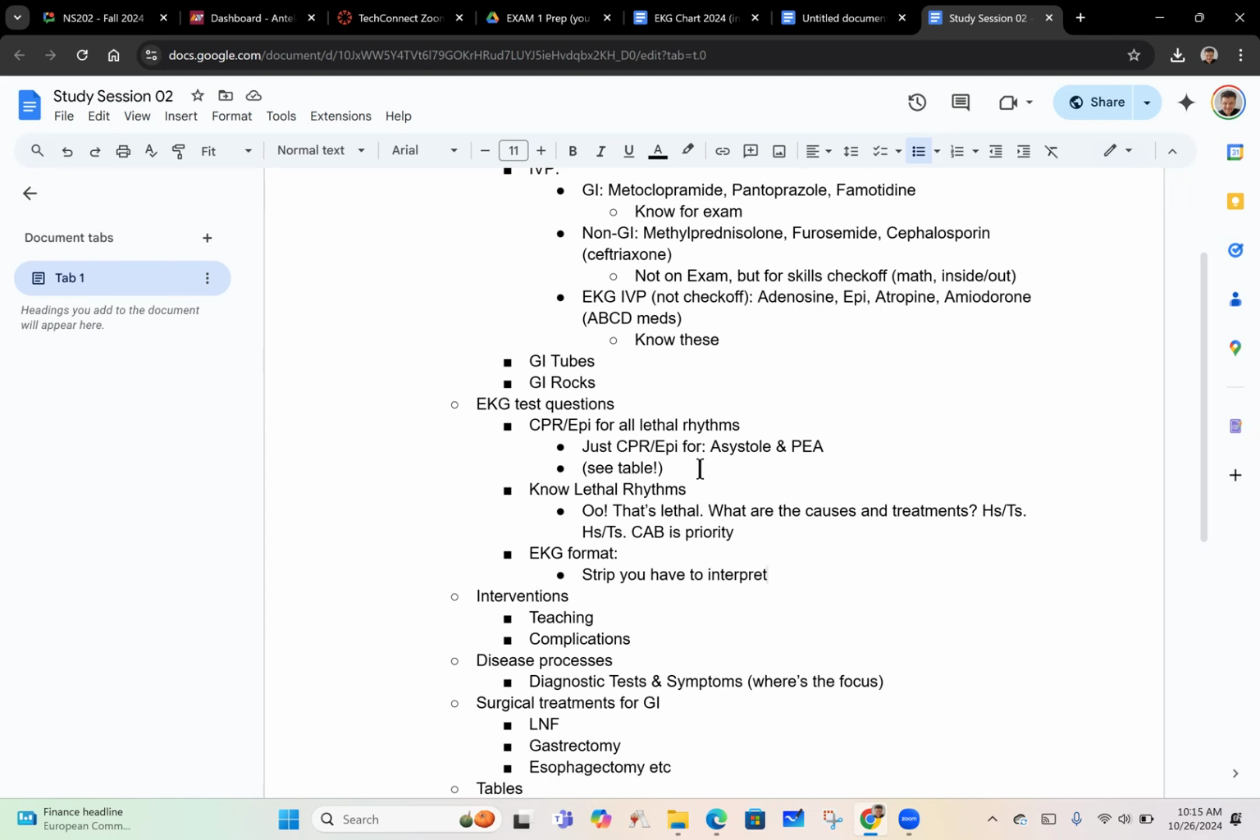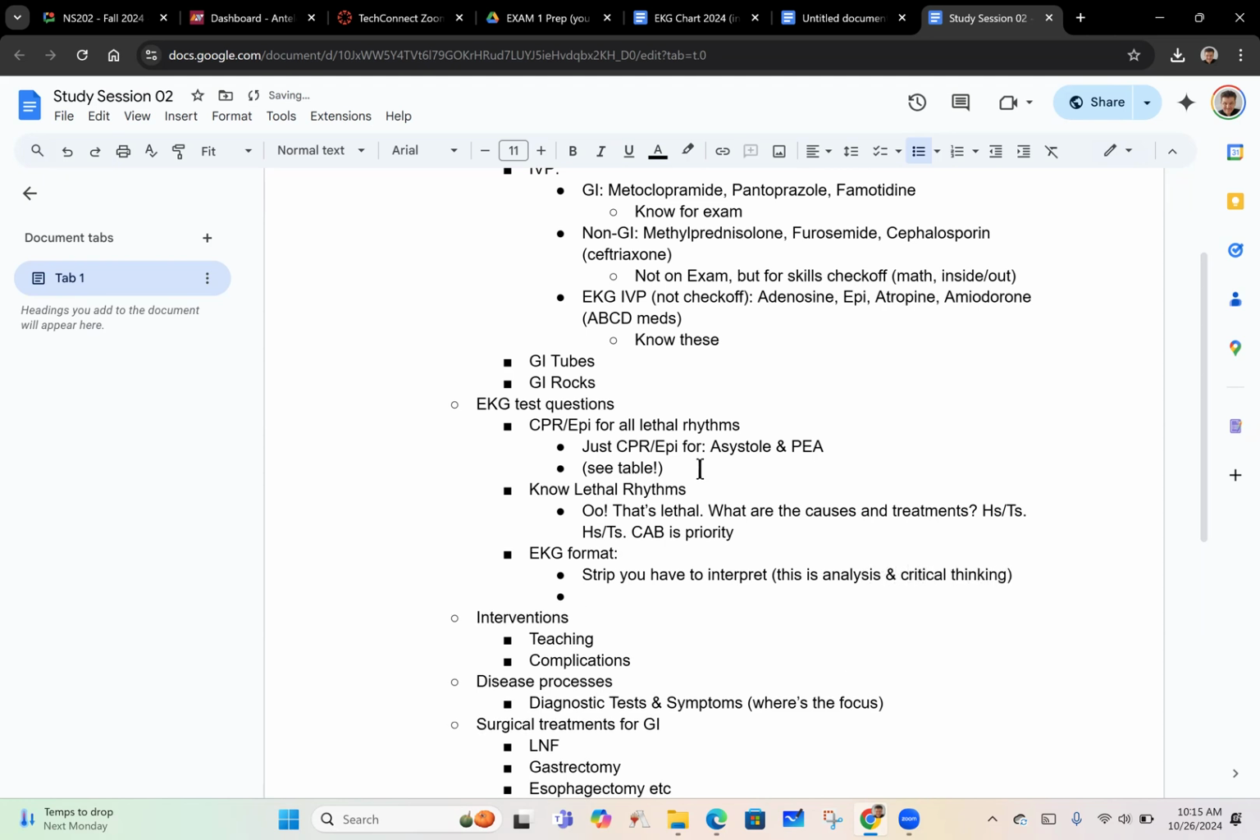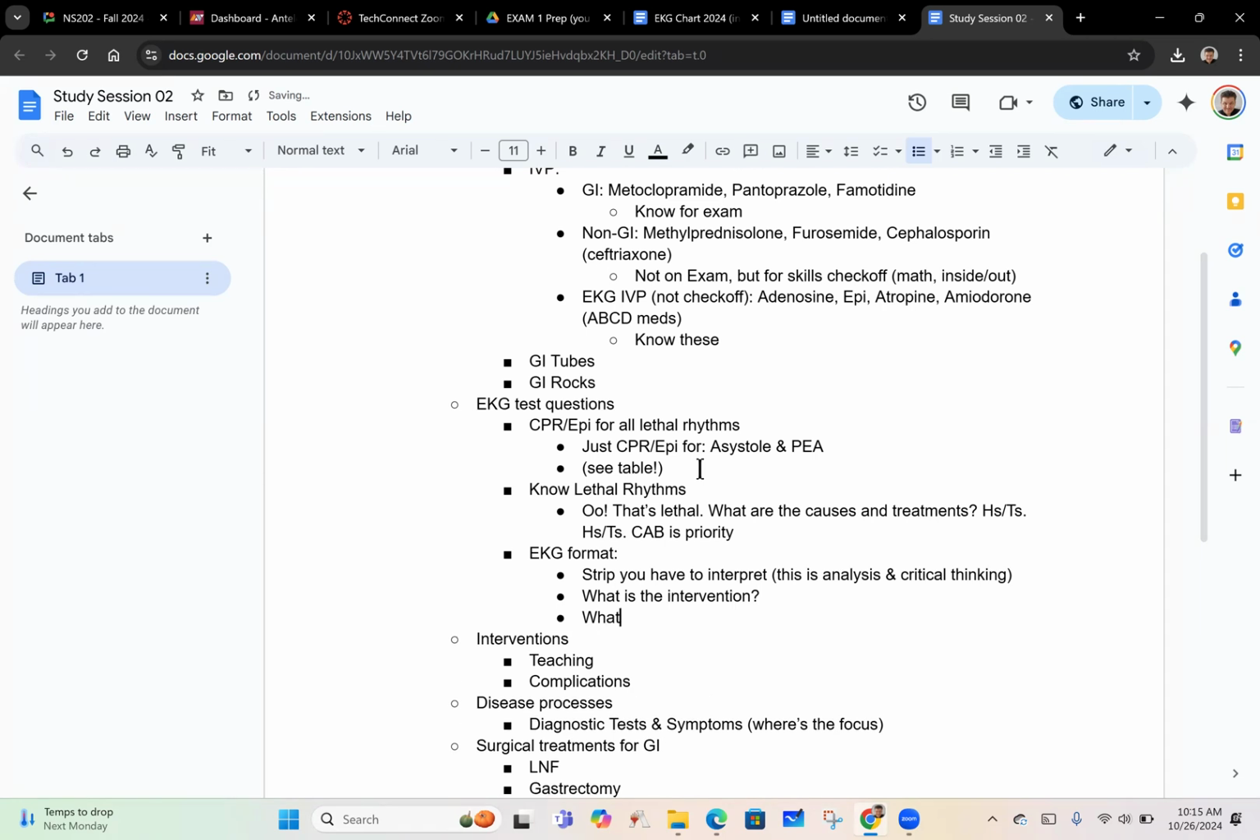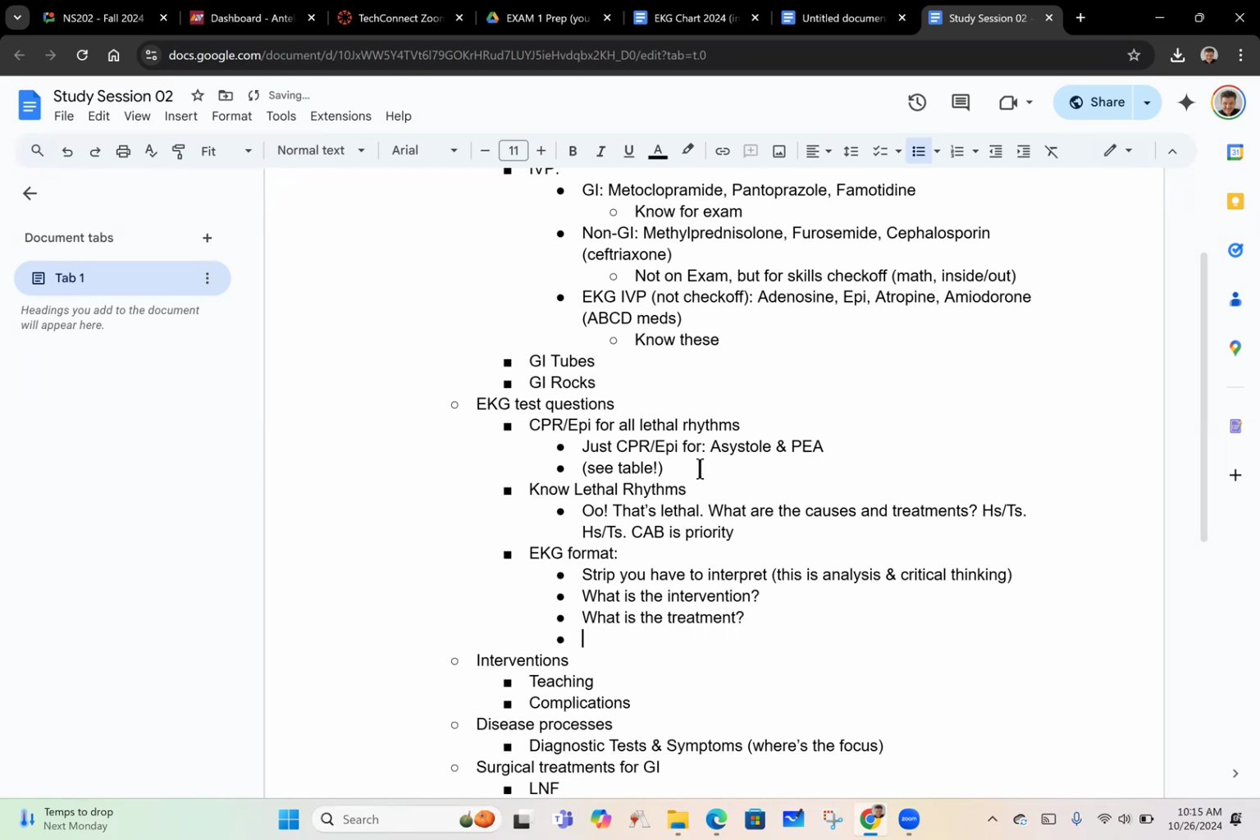But yes, the strip you have to interpret. This is analysis and critical thinking. And then you have to think, what is the teaching? What is the intervention? What is the treatment? What is the cause? So for bradycardias, what are the causes of bradycardias? Those are the treatments of ABCD. Causes for a